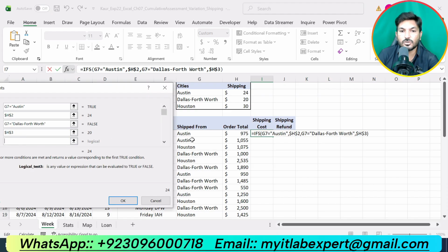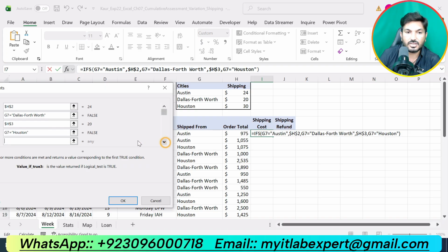If G7 is equal to Houston, then our shipping cost will be equal to H4.